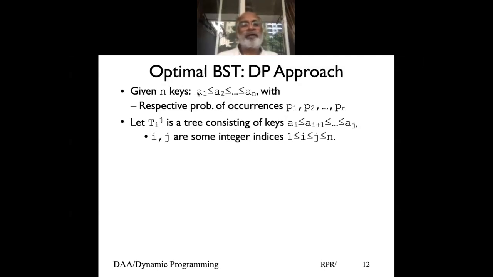So number of keys, we have A1, A2, up to An. So consider some index i, from Ai to Aj. Let's indicate nodes Ai to Aj, where Ai is less than Ai plus 1, Ai plus 1 is less than Ai plus 2, and so on and so forth. Let's indicate there's a tree which is called Tij. That means lowest key is i, highest key is j,